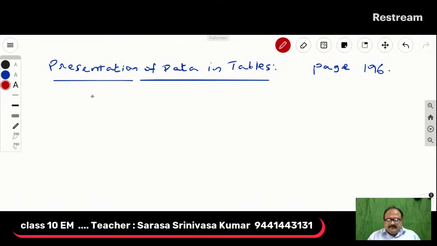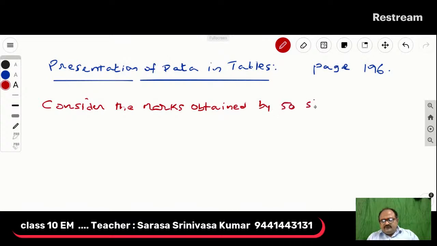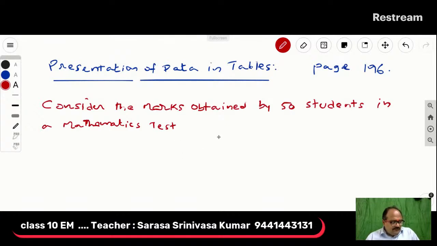Consider the marks obtained by 50 students in a mathematics test for a total marks of 50. Now let us note down the marks obtained by students: